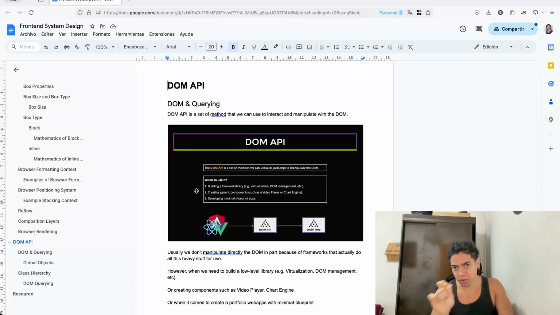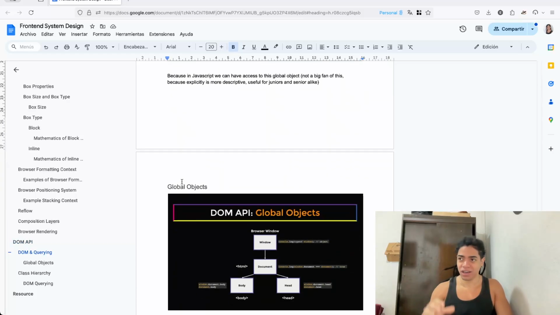So the whole point of this is to recognize each one of those independent use cases, because if you're going to work with large companies, or at scale, or for big enterprises, most of the time you need to write your own components for them. For example, in the case of a chart engine, or a video player, or any of these low-level libraries that interact with the DOM, it is important for us to understand what the DOM is,